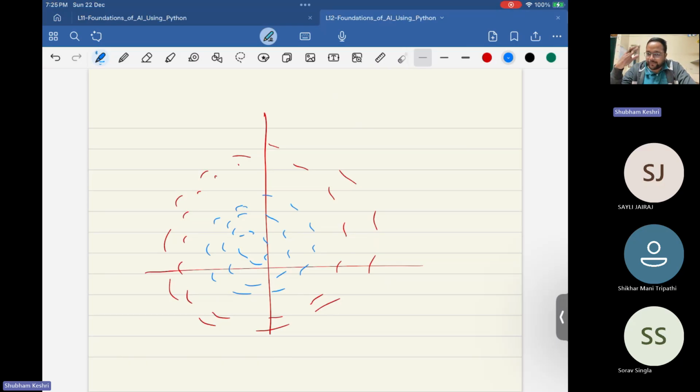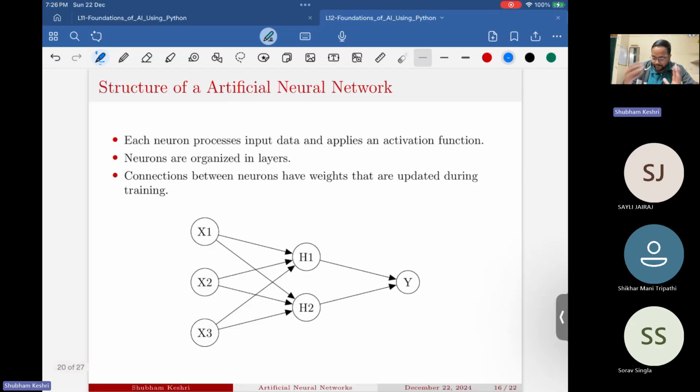When we have hidden layers in the neural network, the network becomes complex such that it can classify the data into non-linear classifications, right? So this is a neural network where we have one hidden layer,